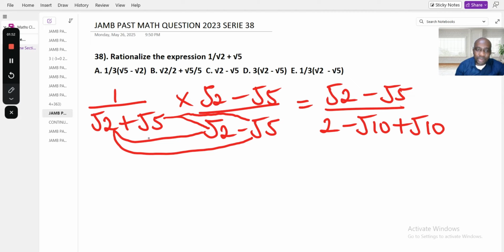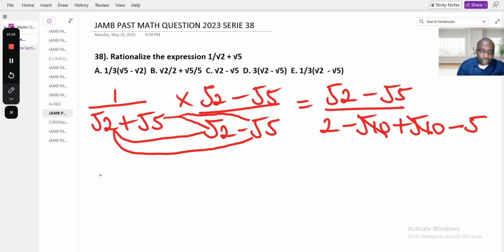The first thing we need to do, let's multiply plus times minus, is going to give us minus. Therefore, square root of 5 multiplied by square root of 5 is square root of 25. What is the square root of 25? Is going to give us what? 5. Now we have minus square root of 10 plus square root of 10. You know this one cuts off each other. You have plus 10 and you have minus 10. When you cut it,